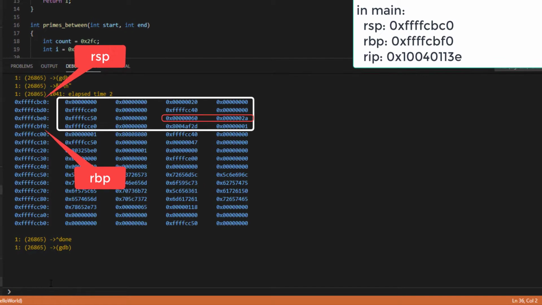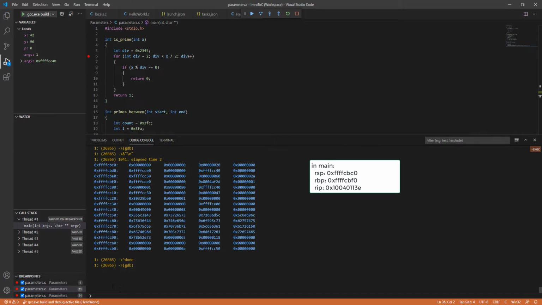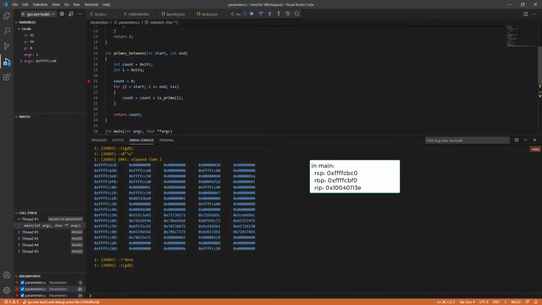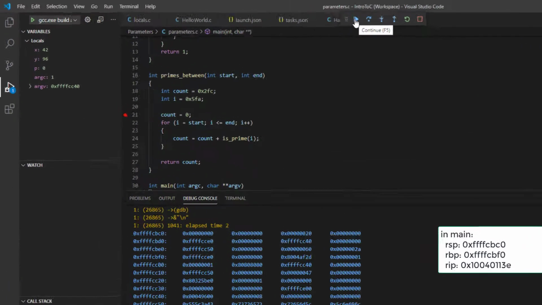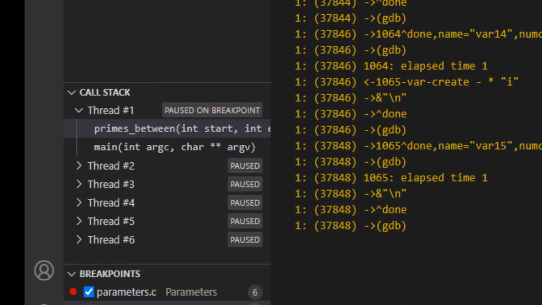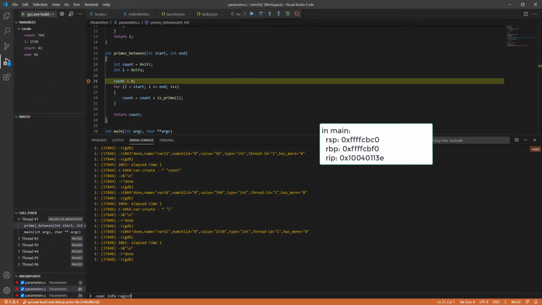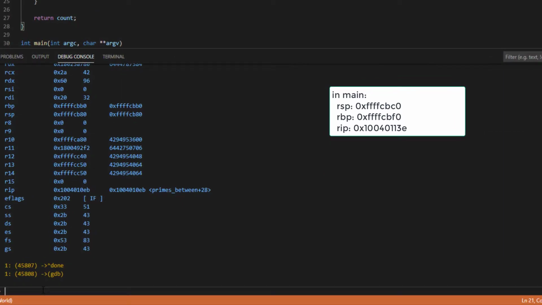So now that we've seen that stack frame, let's let the code run up to the point where primesBetween has set up its local variables. Again, we can see the local variables here, and the call stack here. Now you can see that both main and primesBetween are on the call stack. When we look at the registers, RSP and RBP have changed, so I'll remember their values and the value of